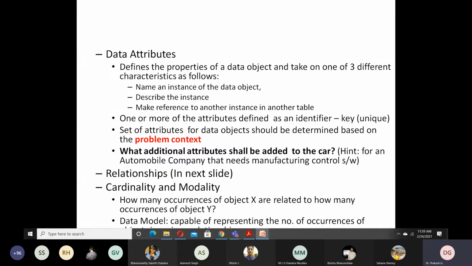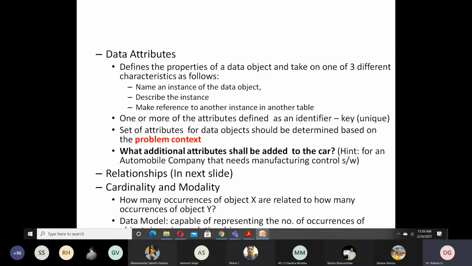I think you are aware of this, and the set of attributes for data objects should be determined based on the problem context. This is what you are going to do now. For example, in your project like an email application or chat application, whatever project has been assigned to you, you are also supposed to define some database. So how are you going to create the database?